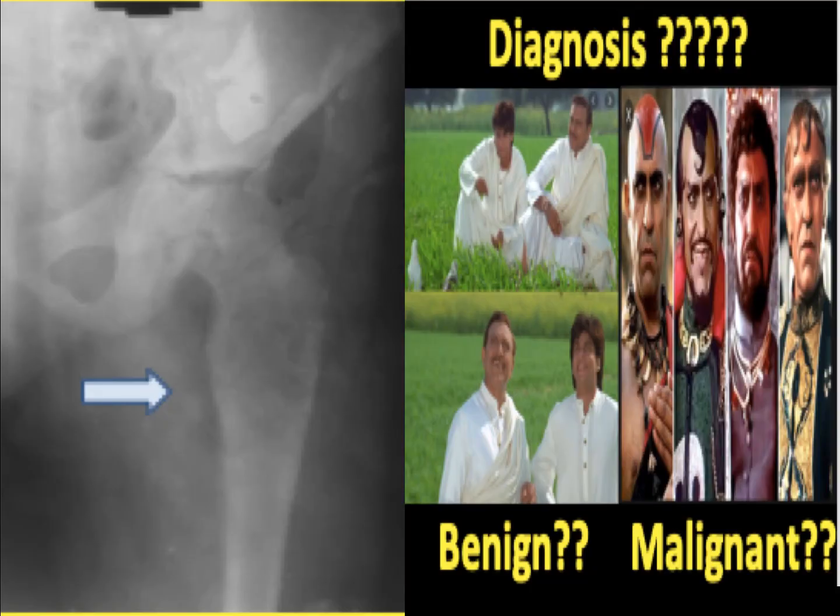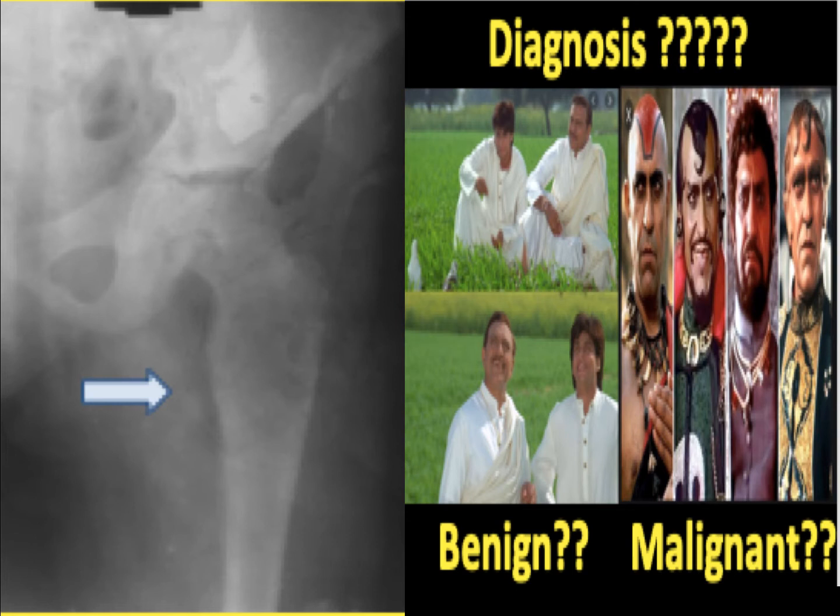Next, a different case, a young girl with a lesion in the femur. How this X-ray looks to us should be evaluated, whether it's a benign or malignant radiograph. On the right side we can see Mr. Amrish Puri, a great villain in the Indian film industry, Bollywood. Two images are shared here: one where he played the role of a good father, and on the right side a baddie image of him. So how does this X-ray look to us, whether the lesion is benign or malignant?